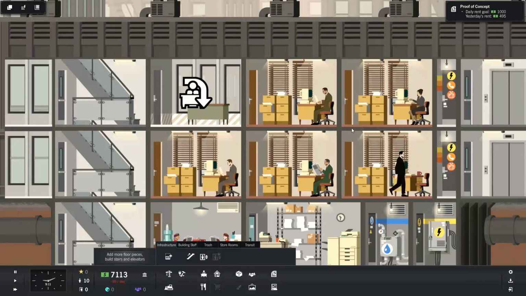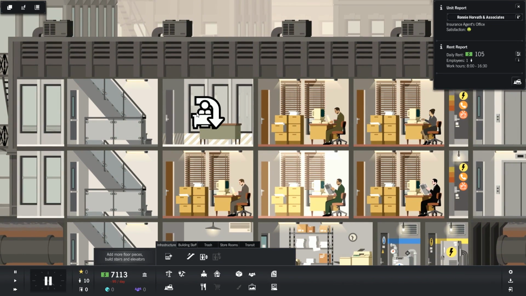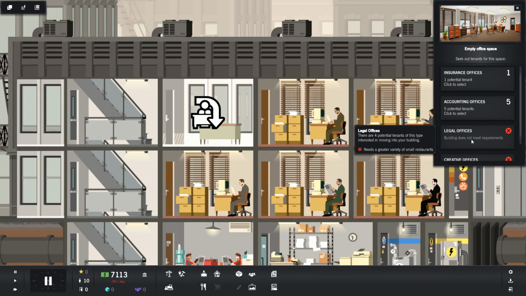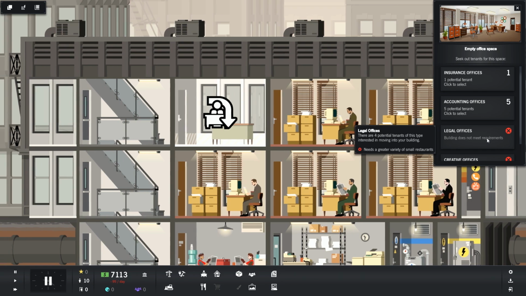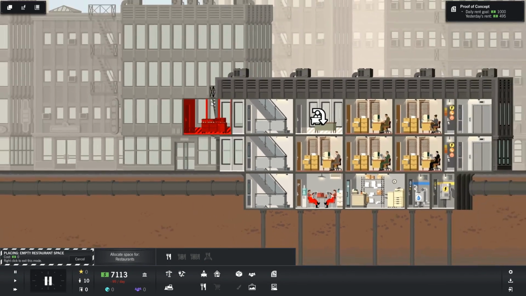All of my guys, look at these people. They're arriving. They're doing their work. They're doing their insurance company things. But this office, we're going to try and rent out to a legal office. And you'll see right here, it says it needs a greater variety of small restaurants. And so we need to grab one of these small restaurants or a small cafe and put it down somewhere